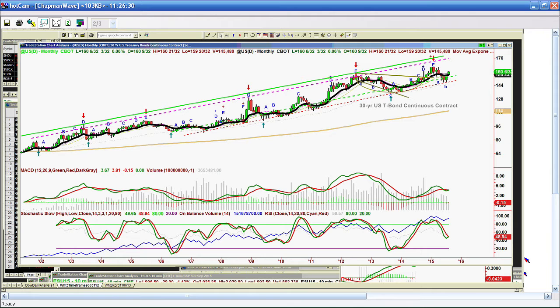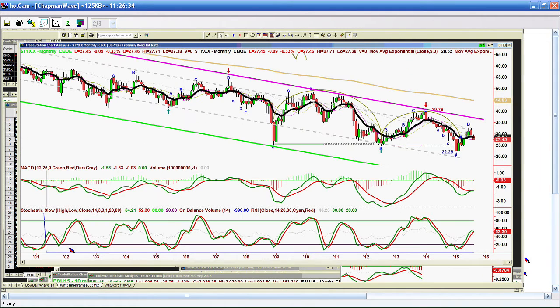If you look at the TYX, which is the 30-year Treasury bond interest rate, you will see that although it's dipping at this particular point, it's at 2.746. That's percent. 27.46 is the number we're looking at. It is that arch formation that is so important, and the technicals, the MACD is deflecting lower, the stochastic looks poor. So purely on a monthly basis, I do not see a catalyst at this particular point